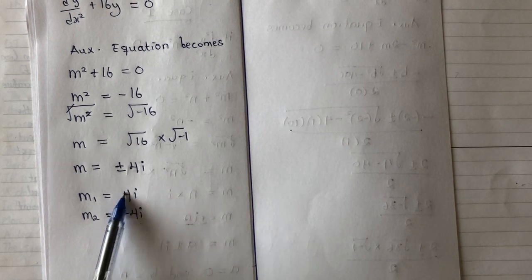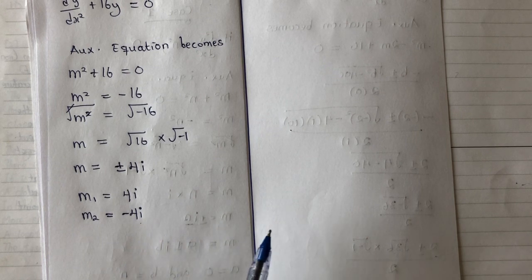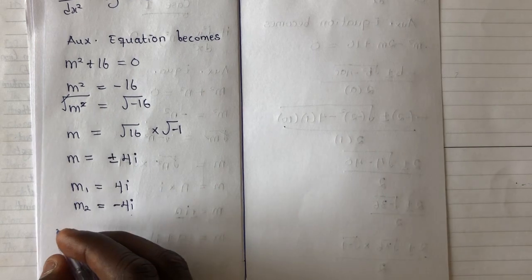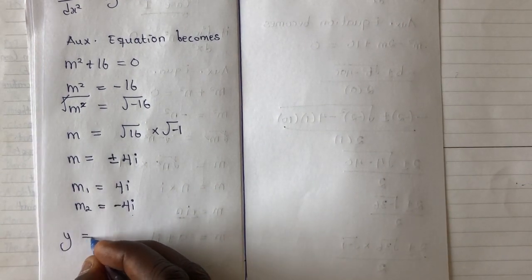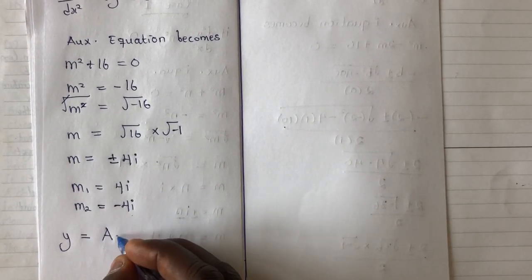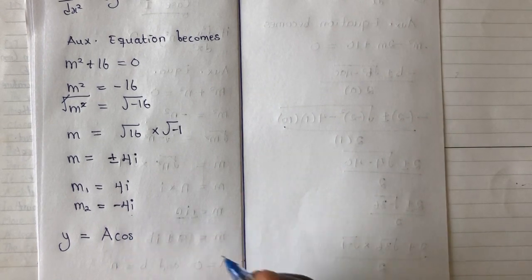Now, these values are complex, and they are not the same. However, they have their real term to be 0. So the general solution will become y equals a cos